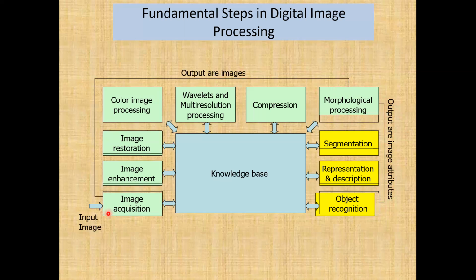Let's move on to the first key step of digital image processing, which is image acquisition. Whenever an image is to be processed, we first require an input image. Only if we have an image can it be further processed. For image acquisition, we need certain sensors, or cameras. Based on the problem domain and the input image that we require, the type of image acquisition device may vary. For example,